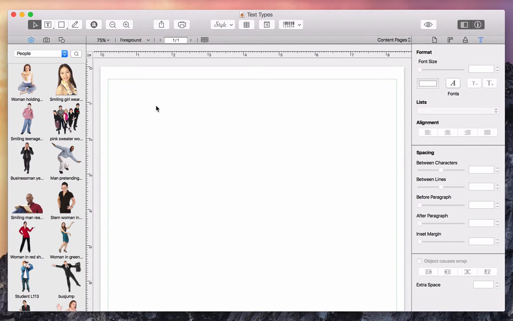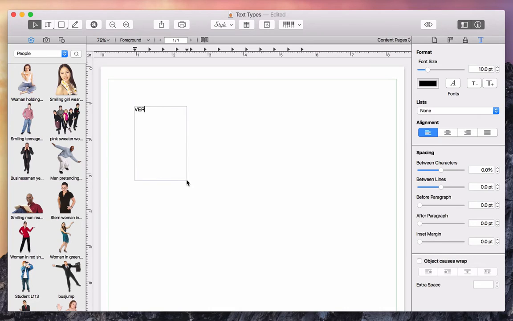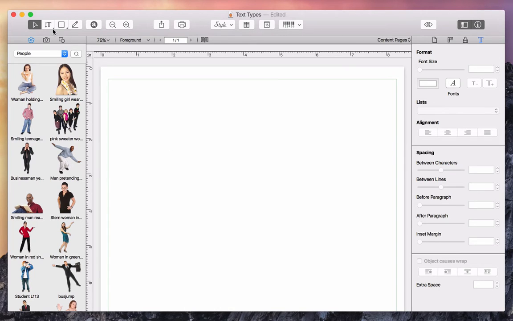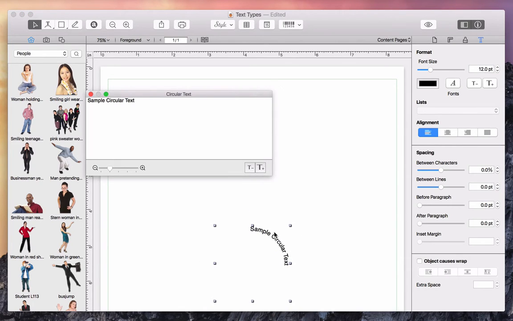Let's look aside from our project for a second to find out how the other text tools work. Using the vertical text tool, you can draw a text box in the same way as we did before. As long as you are in the text editing mode, the text is displayed horizontally. Once you click outside the box, the text becomes vertical. To add a circular text, you should activate the circular text tool and draw a kind of text box. But instead of pasting and editing your text right on the canvas, the app opens a floating text editor. This editor pops up every time you double-click on a circular text.